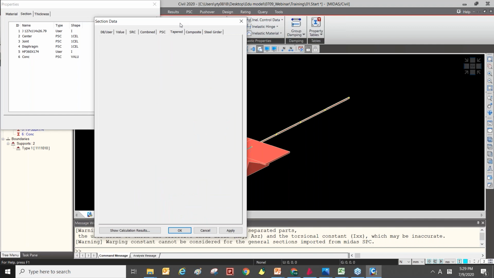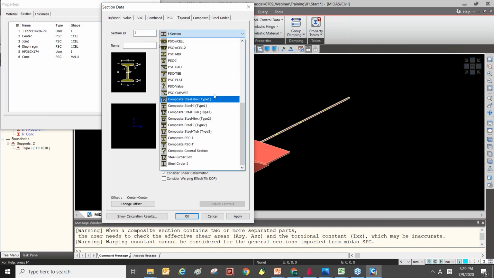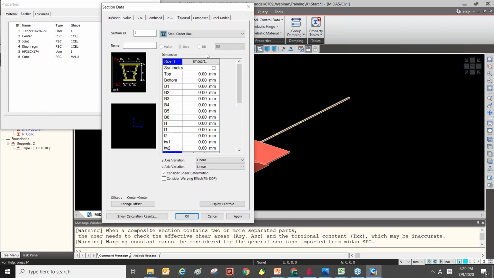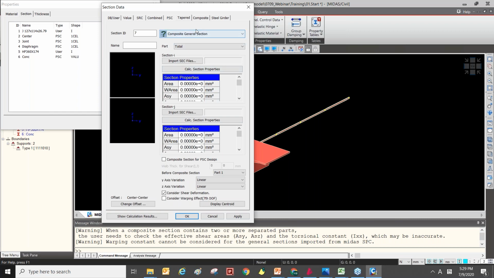Okay. And the last one is tapered section. Tapered section has a lot of templates in the other tab. So we can make a tapered section using PSC or composite section or SPC section like this.